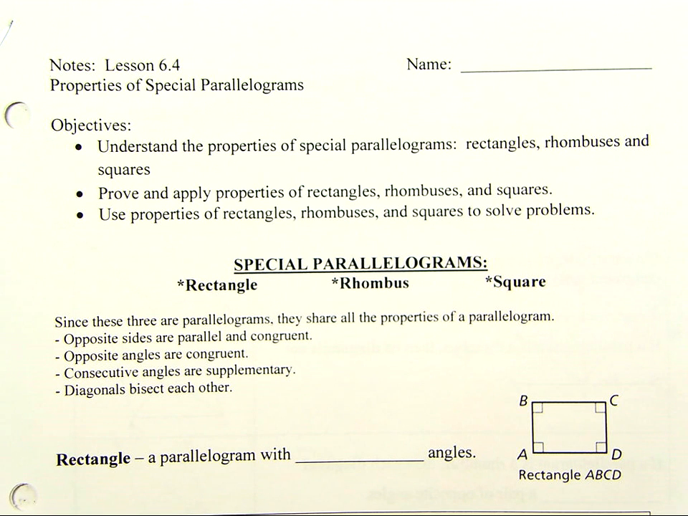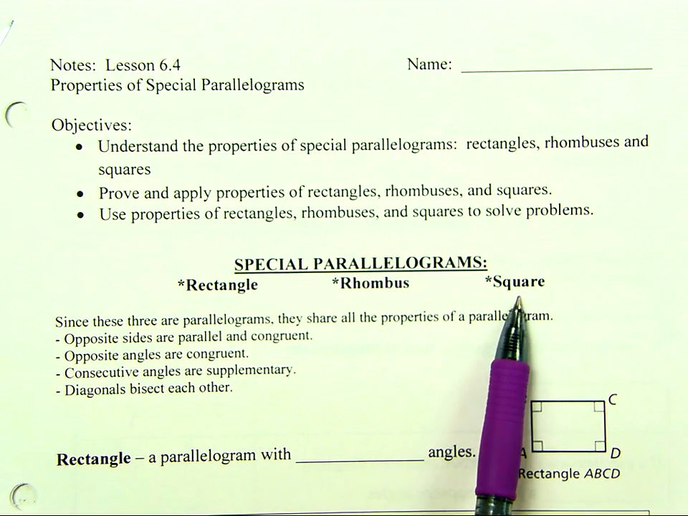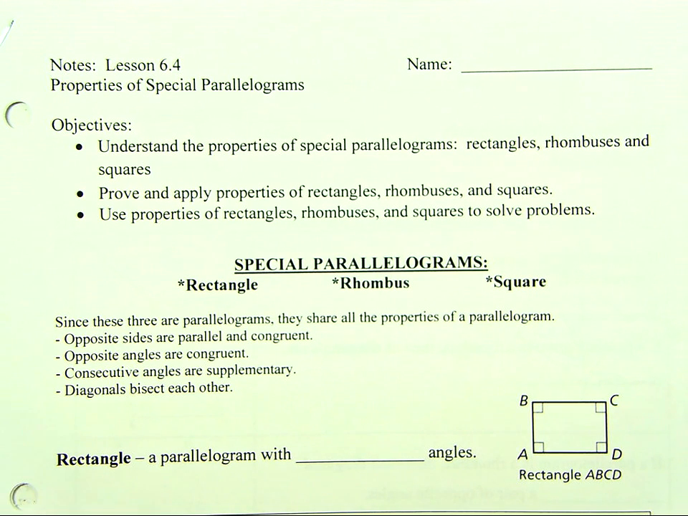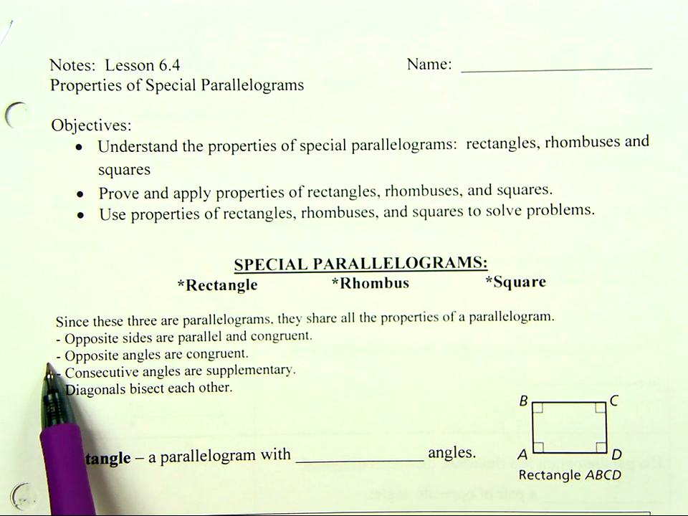In lesson 6.4, we are going to talk about special parallelograms. And special parallelograms being the rectangle, the rhombus, and the square. Now, these figures will have all of the properties of our parallelogram that we talked about in lesson 6.2 and